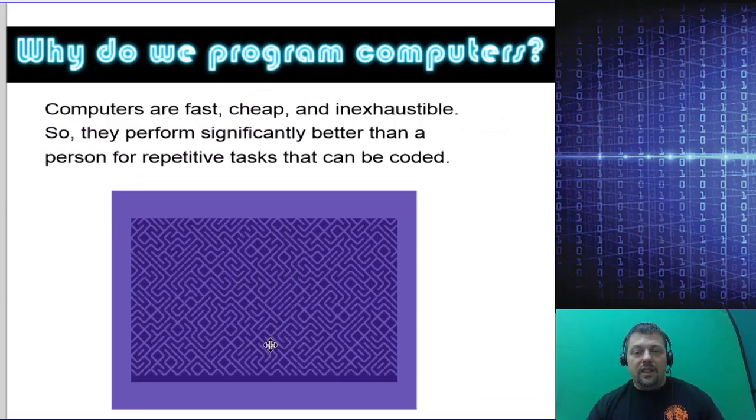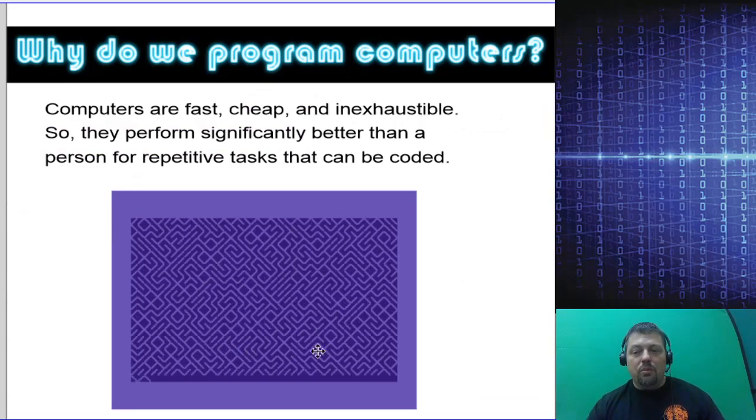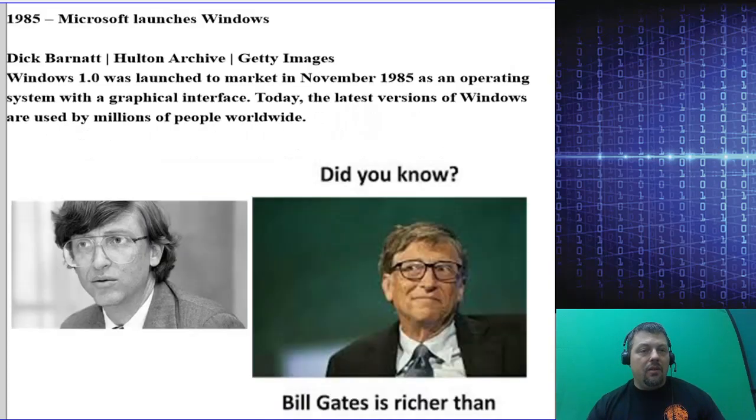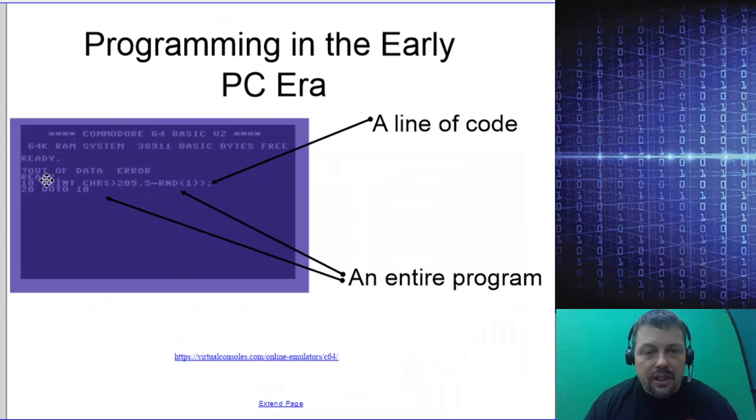So it creates this repeating maze program where it just goes over and over and over. Yeah, these two lines. This first line tells it to pick a random character from a character set and print it. And then the second line, line 20, tells it to go back to the previous line. So it's an infinite loop where it prints out a random character, and those characters combine to create that maze you saw.